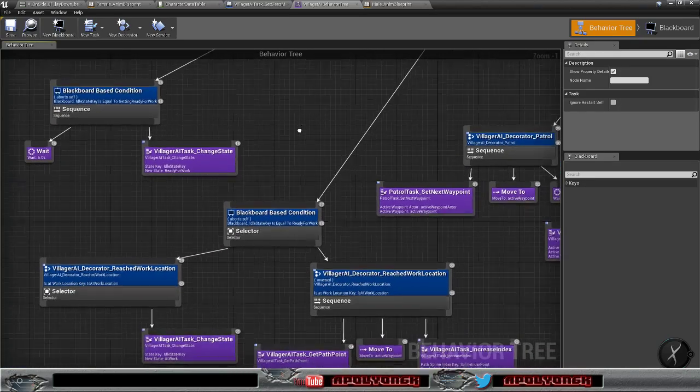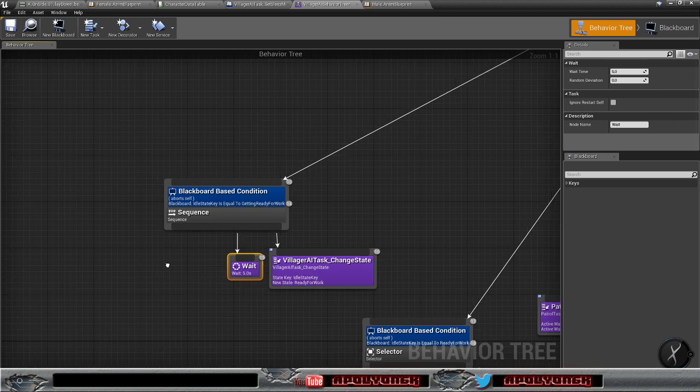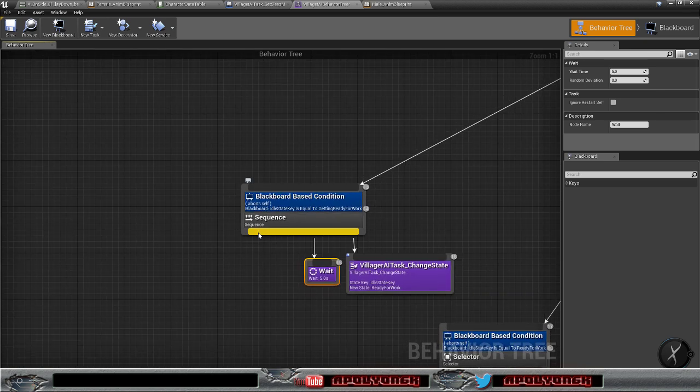But here he would change the state, not change the state, but change the variable is sleeping to false, and then play the animation to get out of bed. And then do other stuff here, but